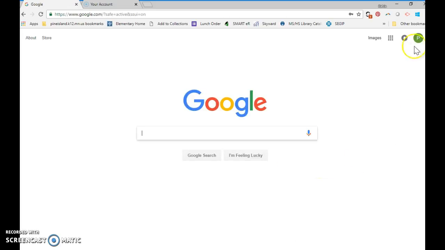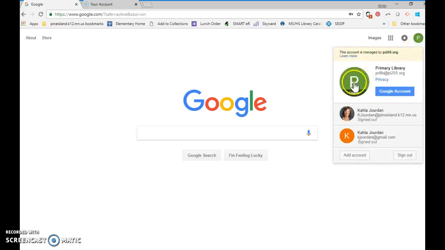All right, now you can see that up in the upper right-hand corner, it's changed. Instead of it saying sign in, it has the P, which is the icon that is associated with this primary library account. And if I click here, you can see it's still got that list, and I could switch around, but the one I want is selected, so that's great. So now that we're all signed in to the correct account,